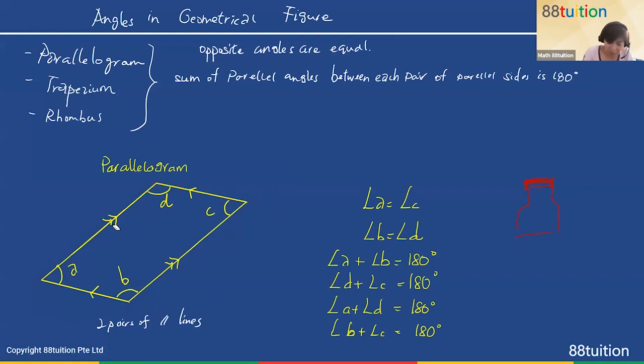Okay, last pair, C plus B, this one. Together they give you 180. Angles in between parallel sides. Okay, so the properties of this